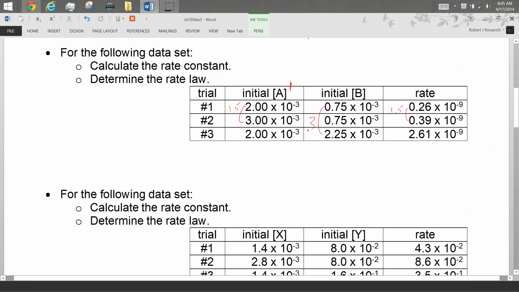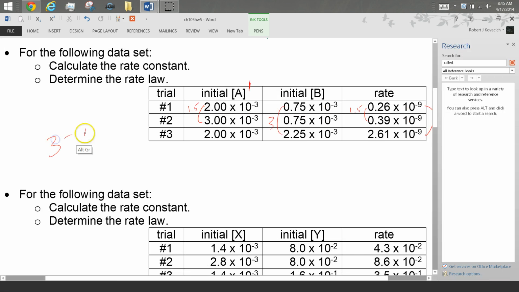So this goes up by 3, and how much does this one go up by? By about 10? All right, so this goes up by about 10. Okay, so 3 is equal